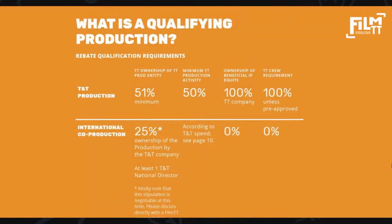So what is a qualifying production? So here's where we have to use some nuance, right? For TNT production, pretty straightforward. 51% minimum ownership, 50% production activity, ownership of the rights, 100% to the TNT company, 100% crew, and as pre-approved, that would just mean you have to let us know in advance, okay, I'm bringing in a gaffer or a first AD from the US or the UK, something like that, just so that we are aware, right? For international co-production,